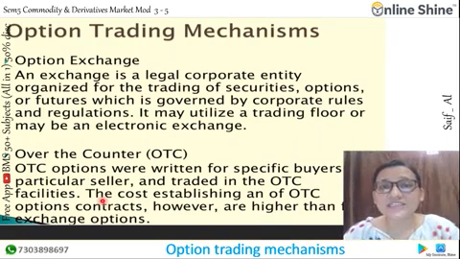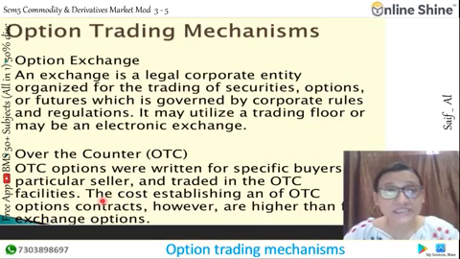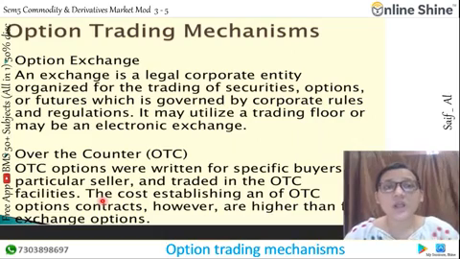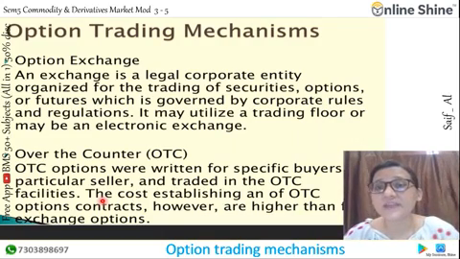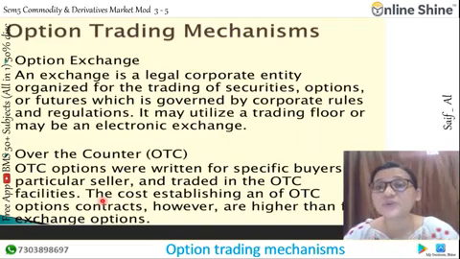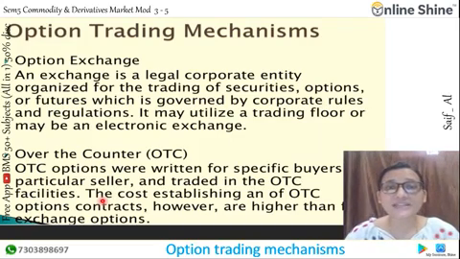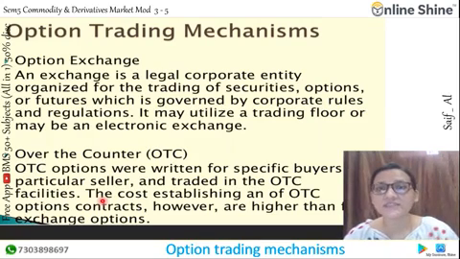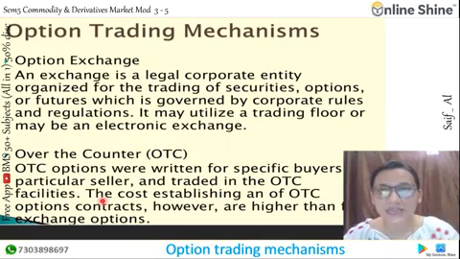An exchange is a legal corporate entity organized for the trading of security options or futures, which is governed by corporate rules and regulations. It may utilize a trading floor or may be an electronic exchange. So it is the corporate activity where the trading takes place, governed by some corporate rules and the